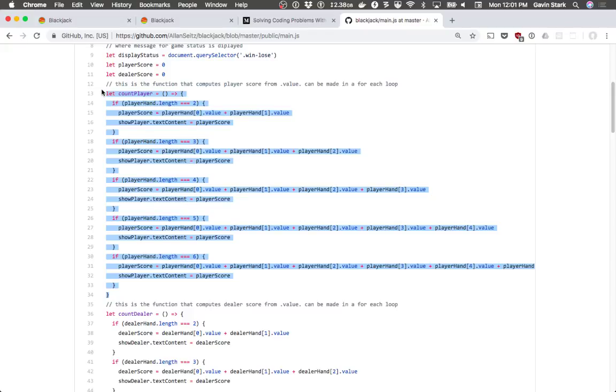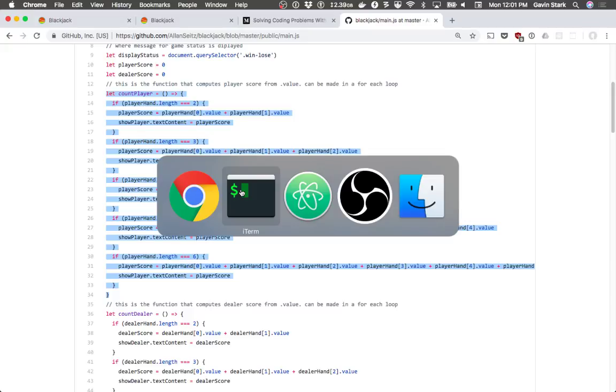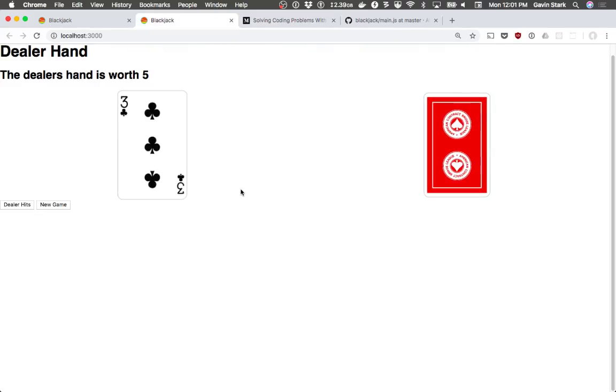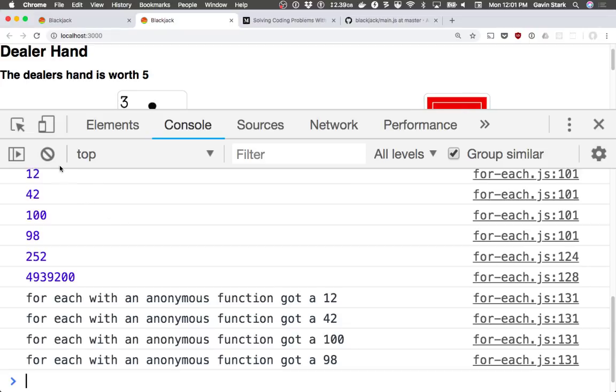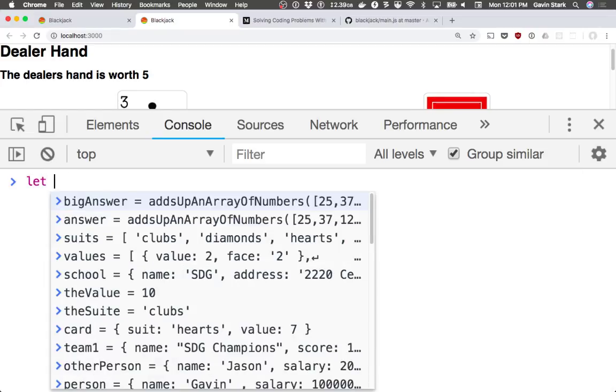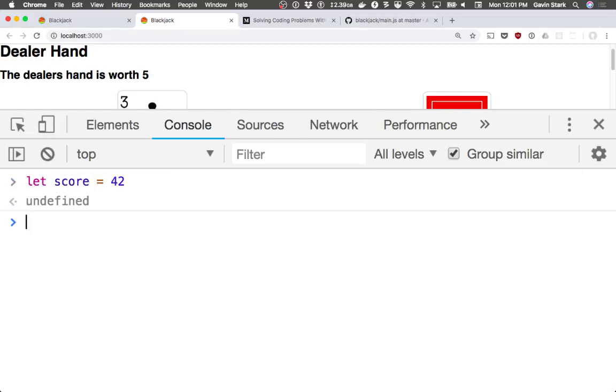There is no if-else statement. There is. Okay, so I was looking for an if-else statement. To do that, I should have been looking at forEach. Yep. You can just put an else, right? So you can put an else. Let score equal 42. If score is greater than 42,